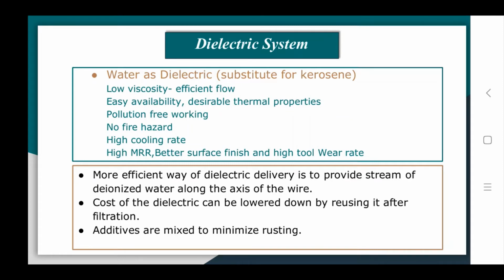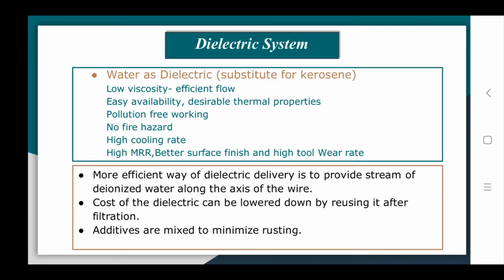So kerosene is substituted by deionized water. Because a very small gap of 25 micron is maintained between the wire and the workpiece,